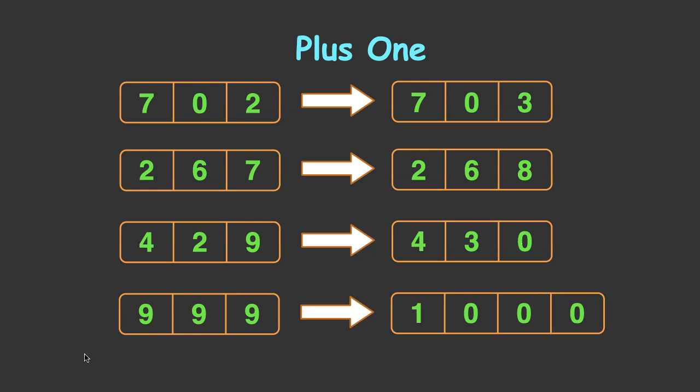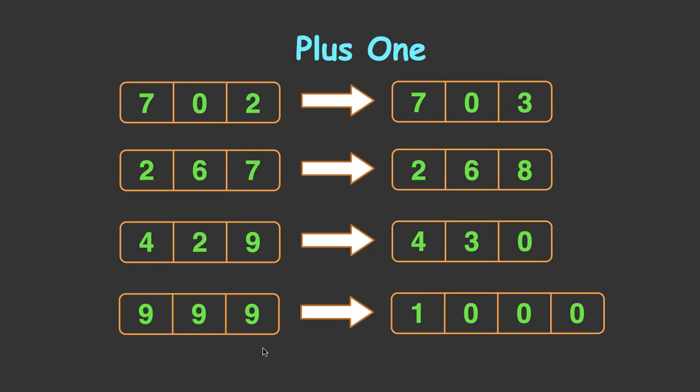We have another case where all the digits in the input array are 9. It can be 99 or 999 or any other number. As usual, we will replace 9 with 0 in our iterations till we reach the end of iteration. At the end, we create a new array and set index 0 element to 1 and return back the result. Why a new array? Because the length of the array is changing, right? When you add 1 to 999, it becomes 1000.